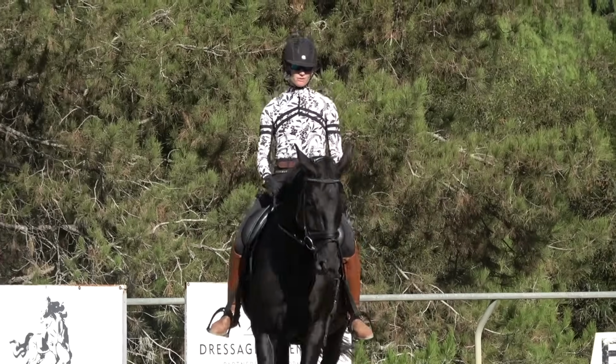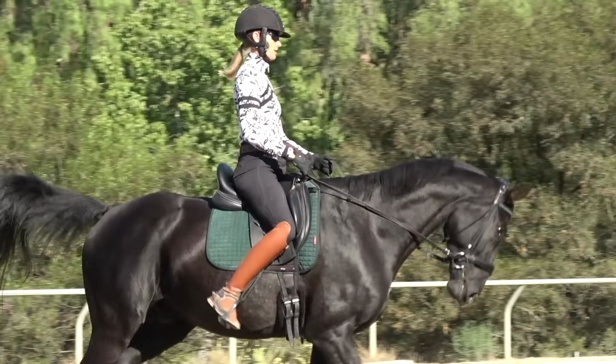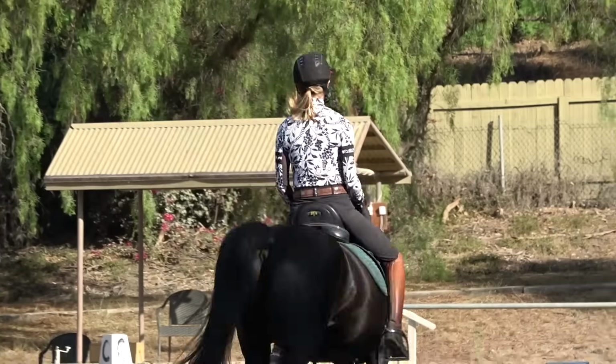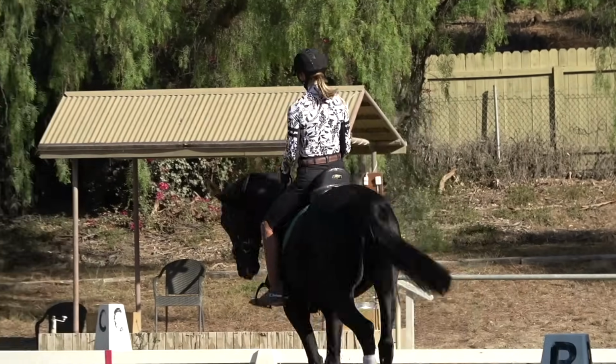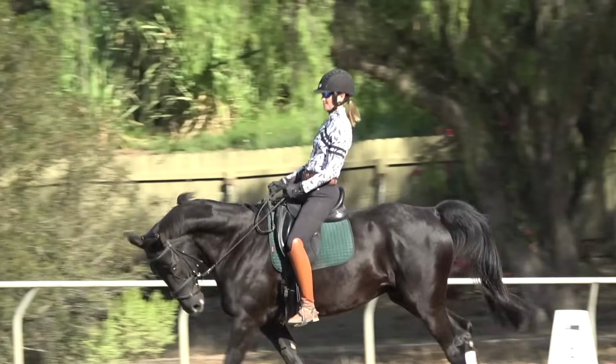Like, the bounce from the canter to the trot is going to hurt your back. So let me show you now the correct way. If I'm cantering along here and I want to trot, the first thing that I'm going to do is make